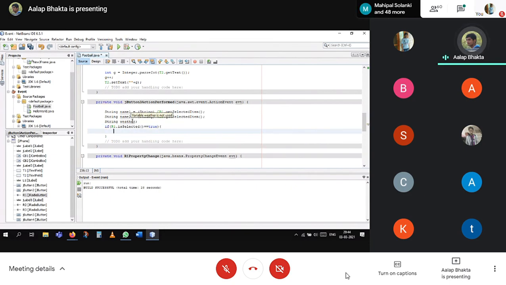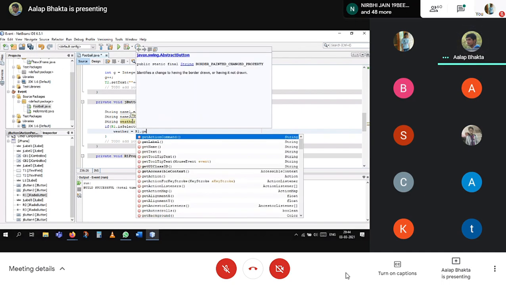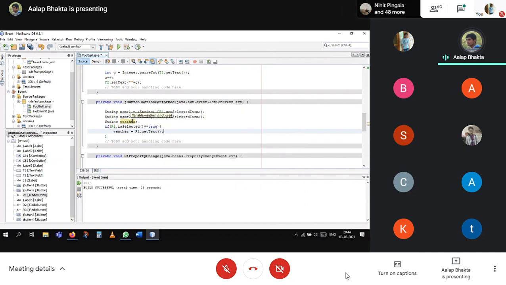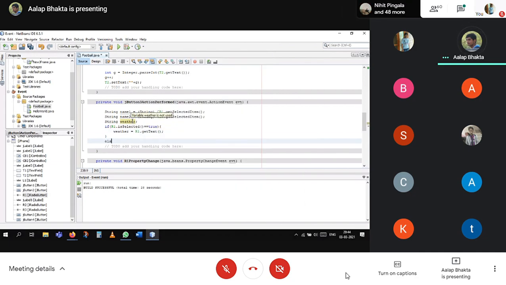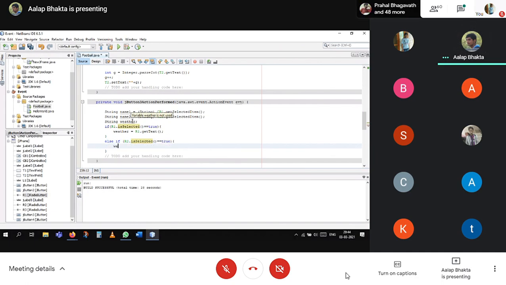then weather will be r1 dot get text. Else if r2 dot is selected equal to true, then weather is equal to r2 dot get text.